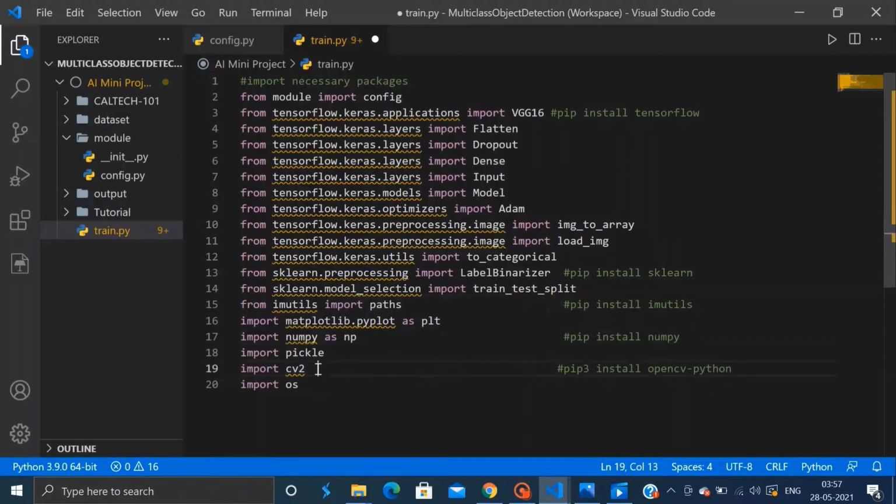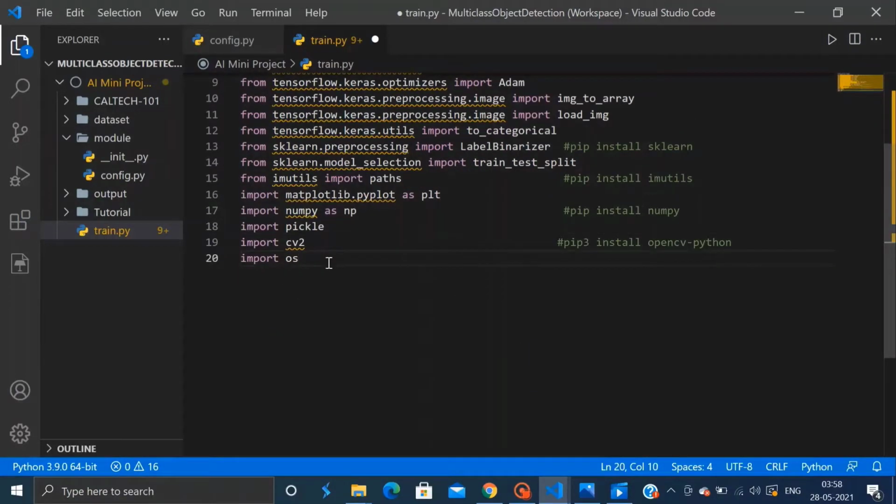And then we have also imported OpenCV, which will just be used for one line of our entire code. And to install OpenCV, you can run this command on your command prompt. So now that our packages, files and methods are imported, let's initialize a few lists and start training our model.